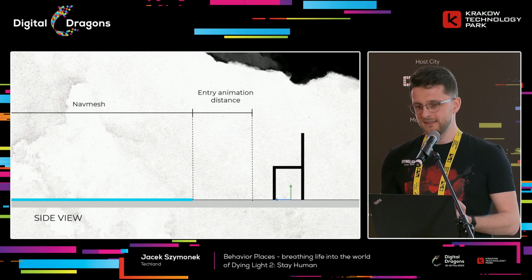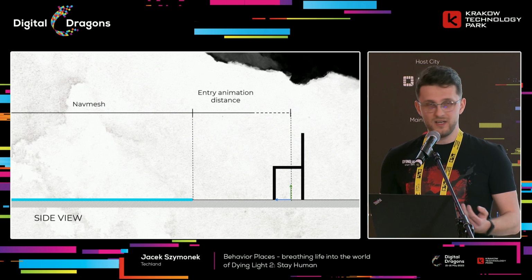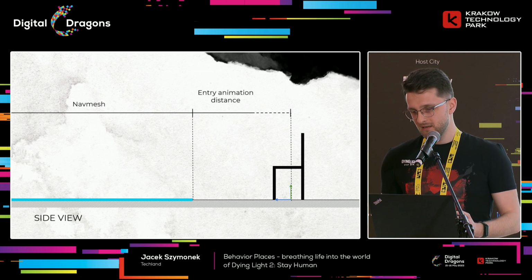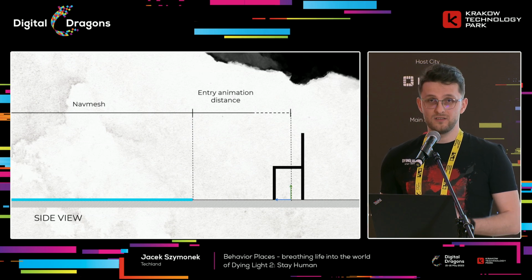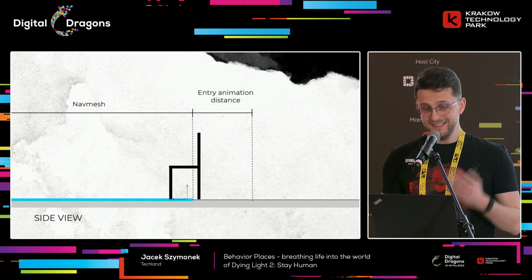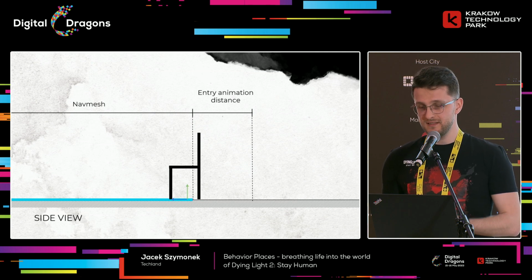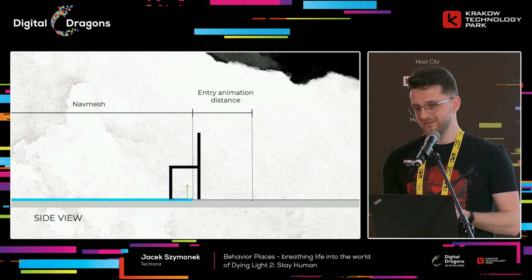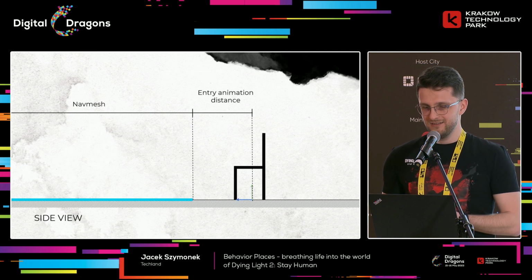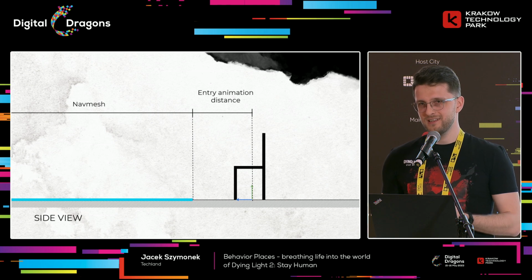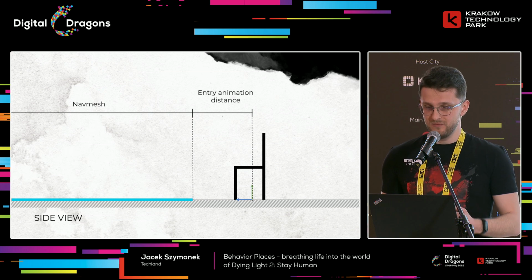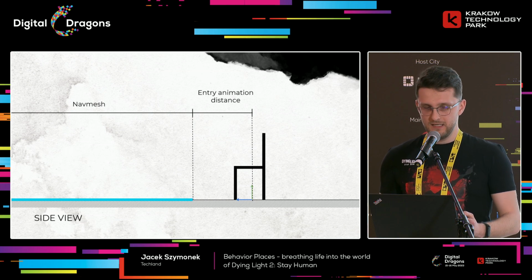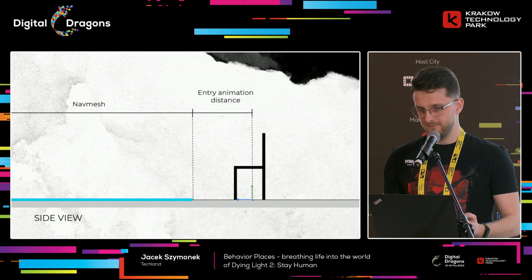But then how do we validate that? And should we add more fake and natural motion to the character to make it match the chair, simply correct it? Or maybe the chair should always be placed on the nav mesh. But then it becomes a problematic obstacle when it is not used. What if the entry animation changes to cover less distance? Do we have to move around all the chairs that are already placed on the level? As you can see, the problem is not as simple as it previously seemed. So let's see how can we solve it.